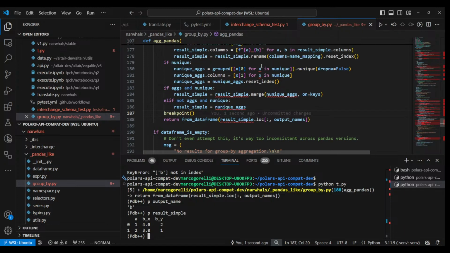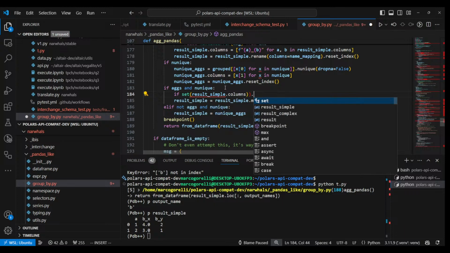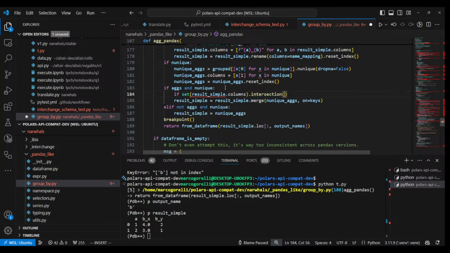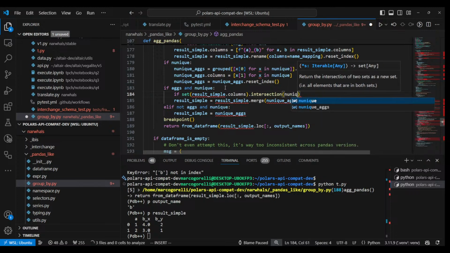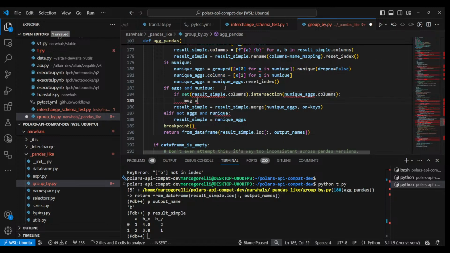So in the merge, is there like an option? Well, we can probably just assert this. Like if result simple dot columns dot intersection and unique tags dot columns, then like message